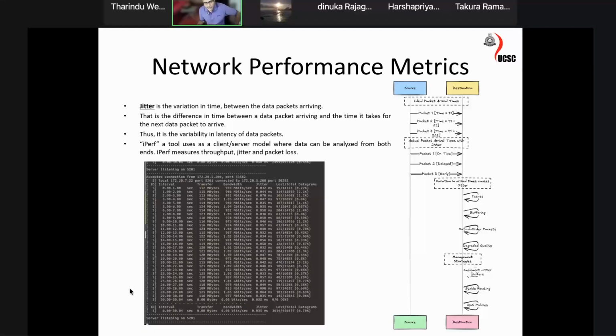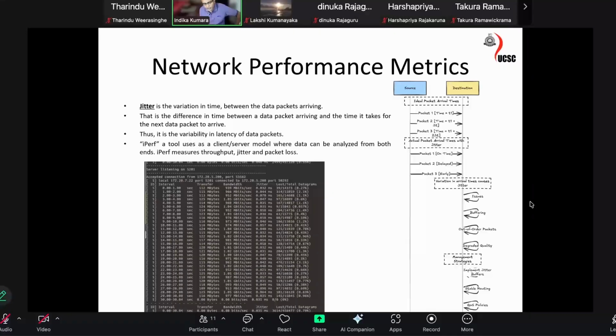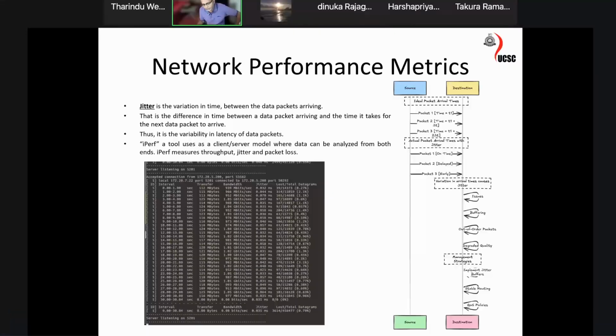There are tools like iPerf. This is an open source tool. Anybody can download it. Windows and Linux versions are there. This is an example output of measuring by using iPerf. So you just need to give source and destination, then run the iPerf application as a server and client. The output defines the sent packets,